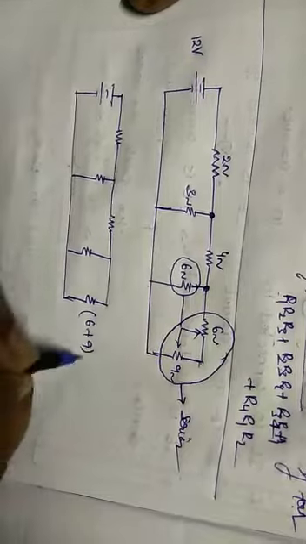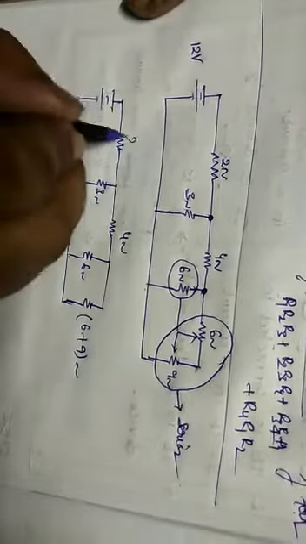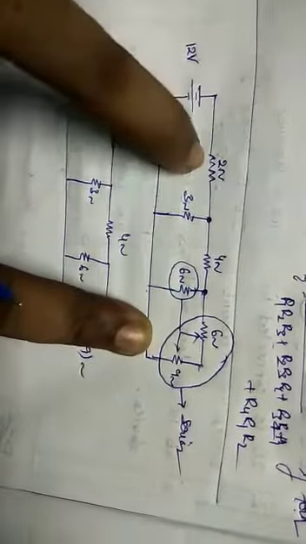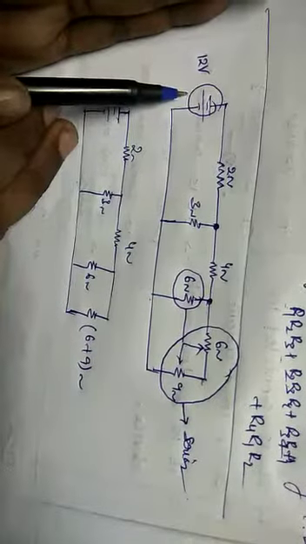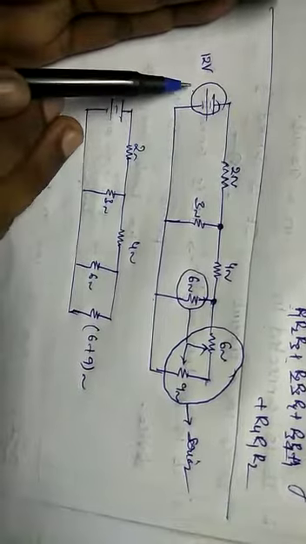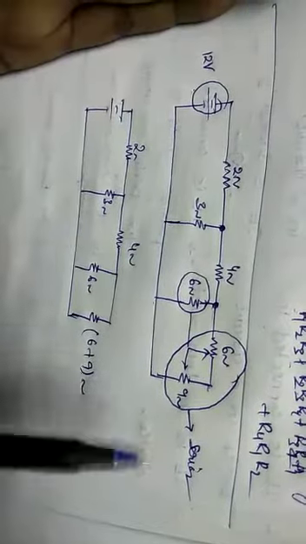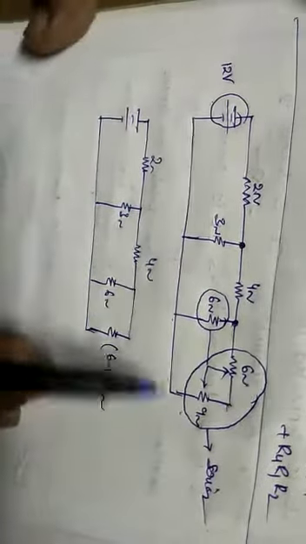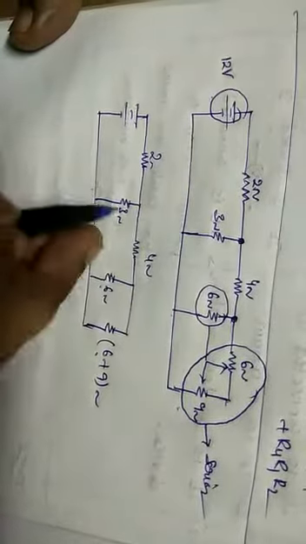So here two in series means the circuit can be drawn like so. Here 6 plus 9 ohms, here 6 ohms, here 4 ohms, here 3 ohms, here 2 ohms. Why have we taken it like this only? Why should we not take it like this? Because the battery or cell is connected on the left side. So we calculate from the right side to the left side. So from right to left, 9 plus 6 is 15 ohms, and here 6 ohms, and again 4 ohms, 3 ohms and 2 ohms.